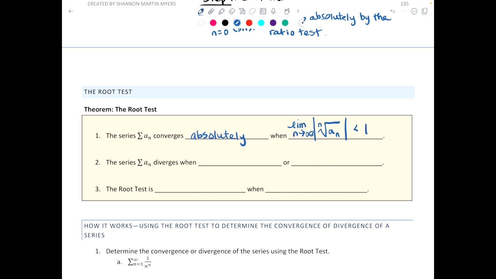It diverges when the limit as n approaches infinity of the absolute value of the nth root of a sub n is greater than 1, or if it tends to infinity,